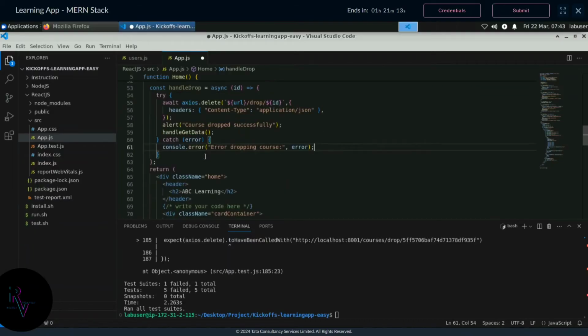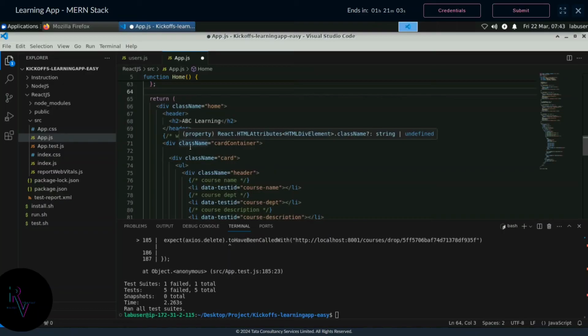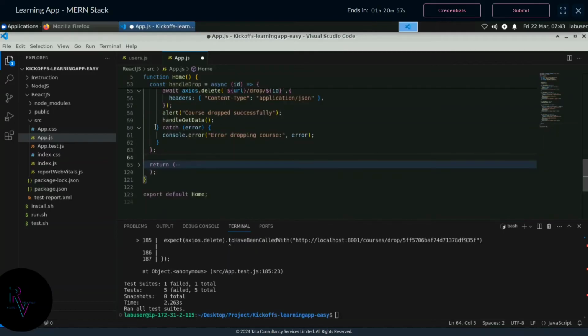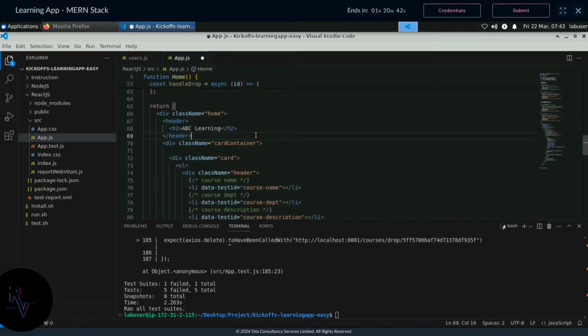So all the methods we have done, we have written all the methods. Now we can go to the render section. Okay, I'm just removing the statement and